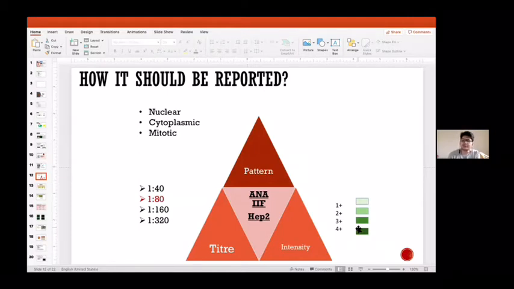So whenever you are seeing the ANA report, now focus your mind and ask three things. What is the pattern? What is the titer? And what is the intensity? Now let me be very clear. This titer is not the antibody titer as such in a patient serum. It's a dilution titer. So even if you want to ignore this part, it's okay. But always ask your lab what titer did you run the test? And if you tell 1:80 or sometimes 1:100, I'm completely fine. That is the standard most. But if someone asks me in MCQ, my answer is just 1:80, no other answer. The standard titer to use for ANA is 1:80.